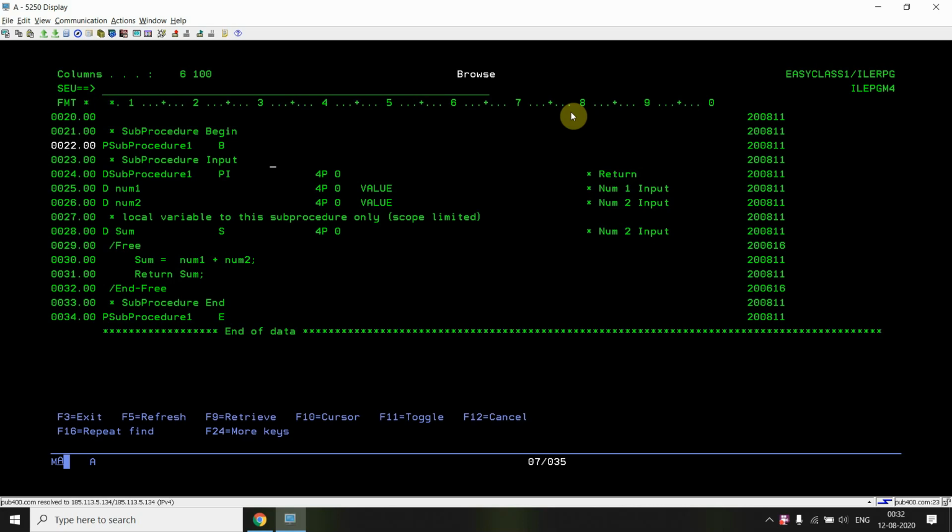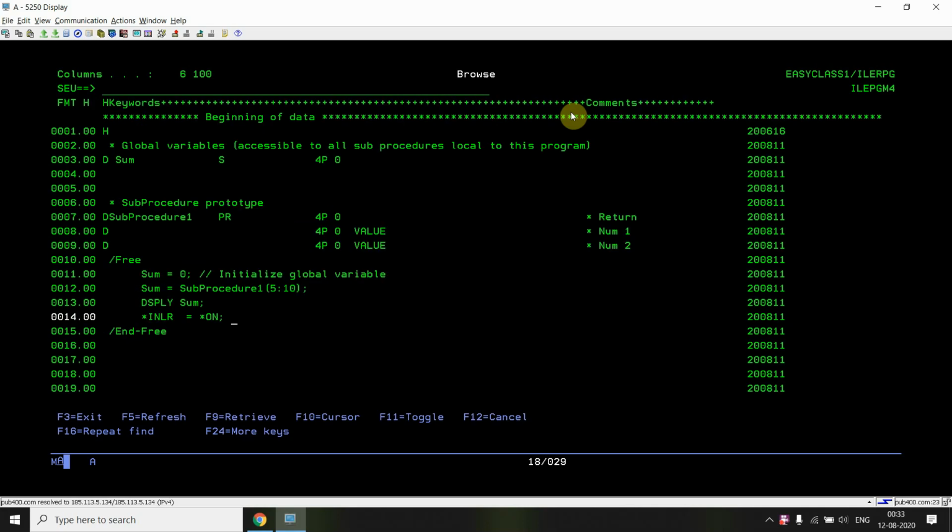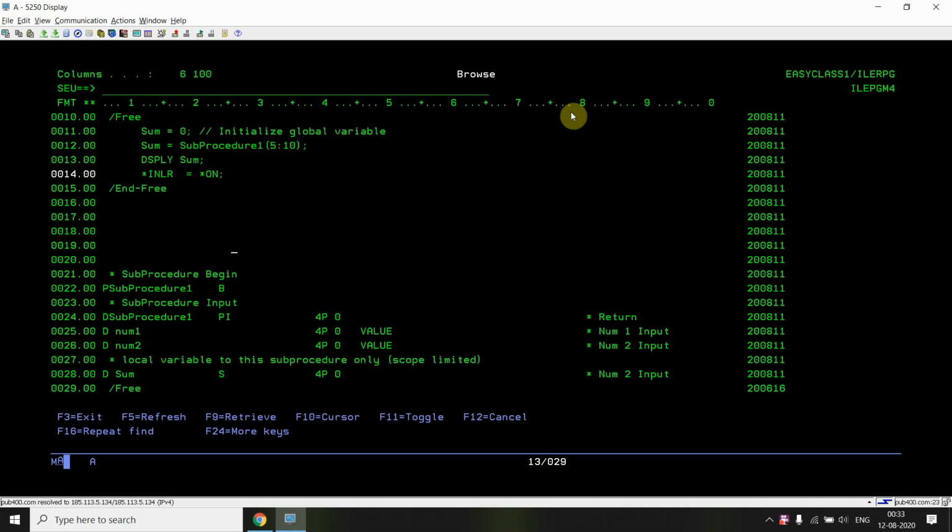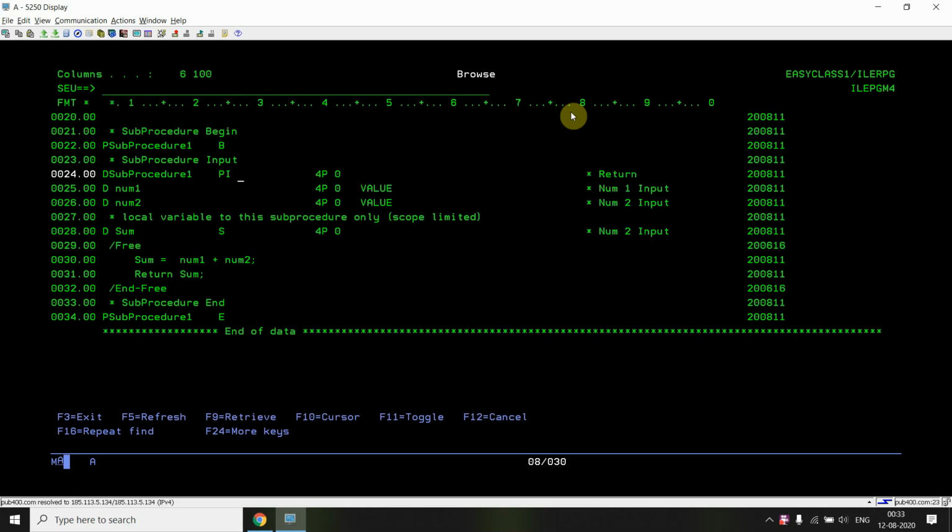For now I'm not using that. This is the procedure interface, which is exactly the same as the procedure prototype. If any mismatch happens between the procedure prototype and the procedure interface, we will get a compilation error. You can see the definition is the same.